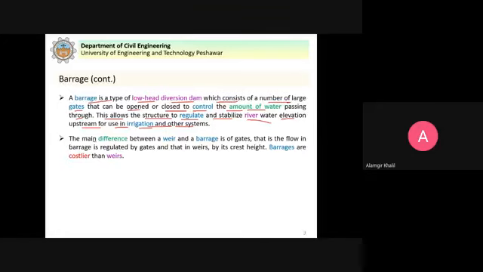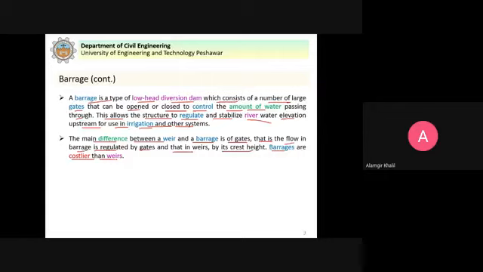So the main difference between a weir and a barrage is the gates. That is, the flow in a barrage is regulated by gates, and in weirs by its crest. Barrages are costlier than weirs.